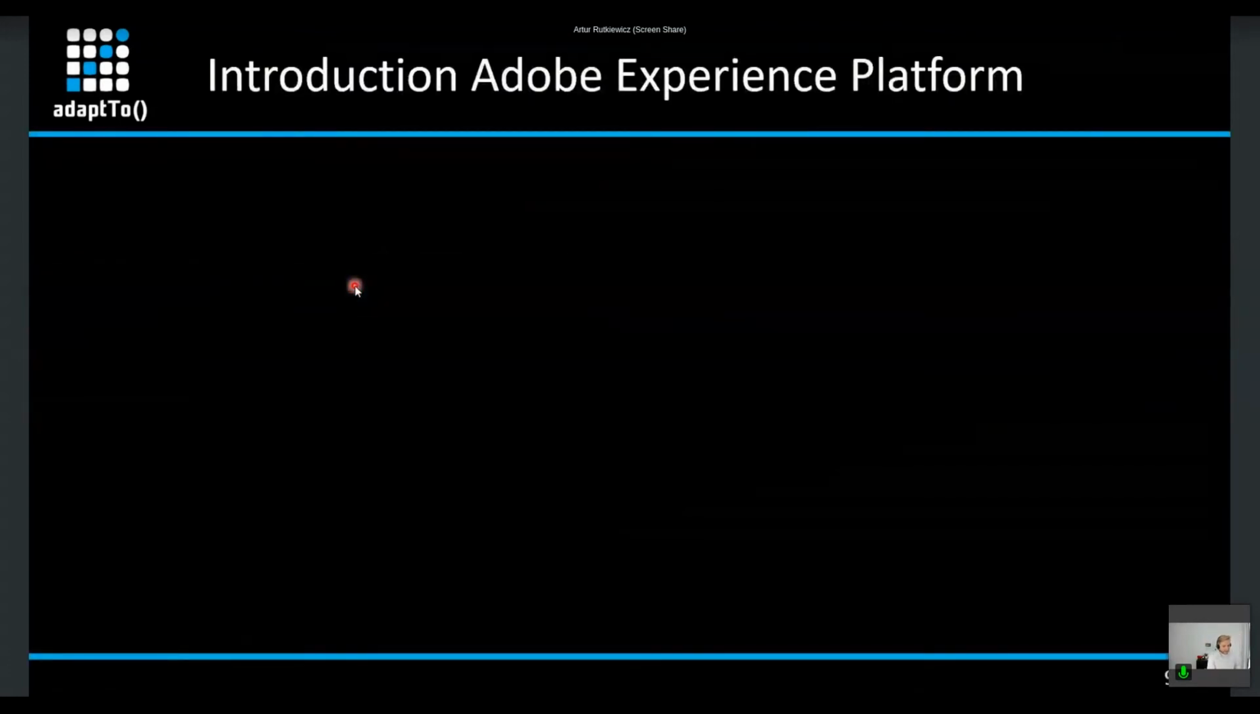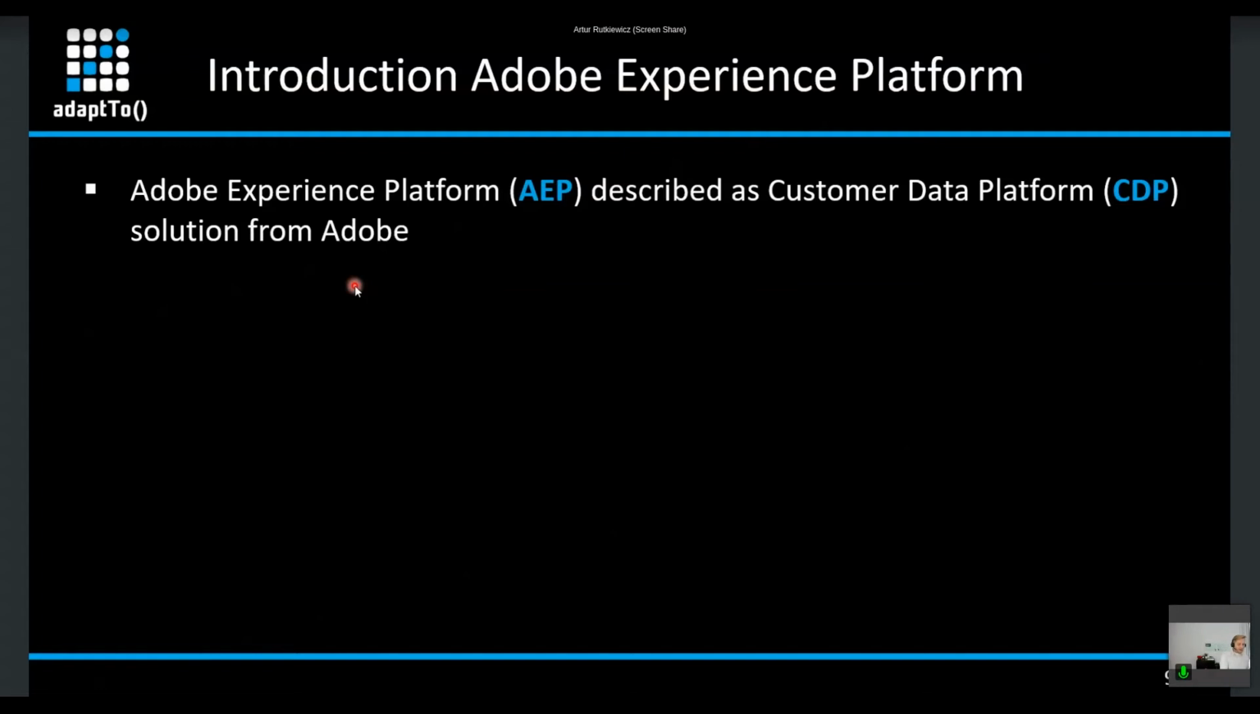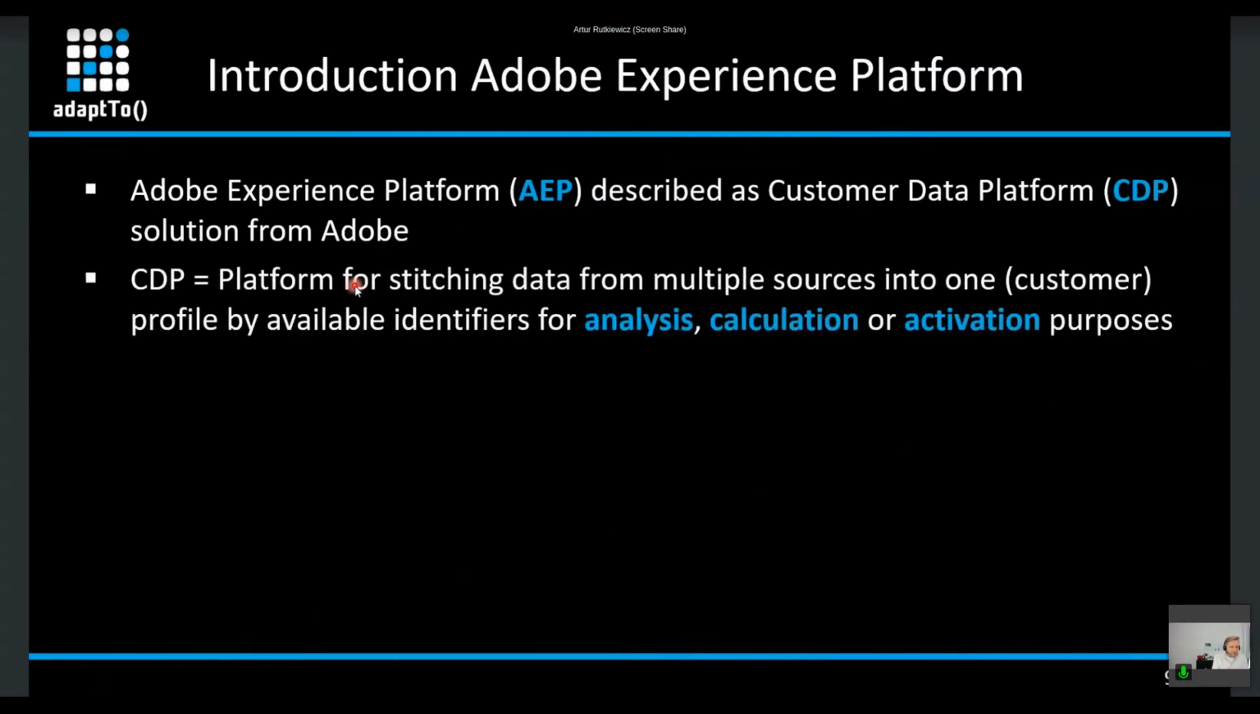And that's pretty exciting because I'm pretty sure most of you maybe heard a little bit about it, but just some rumors, let's say. So the Adobe Experience Platform is the customer data platform solution from Adobe. A customer data platform is mainly a marketing tool that aims to stitch data from multiple sources into one customer profile. So imagine you have data from your web, your app, from your CRM system, from social media, whatever, and you are